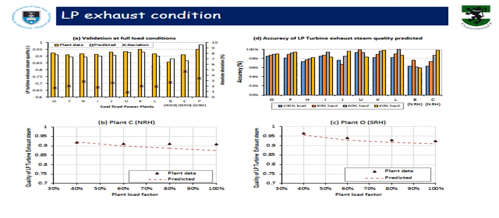Now, when we look at figure D, which talks about the accuracy of the LP turbine exhaust steam quality, when we look at it for all the 11 plants that were looked at, both the non-reheat and the single reheat and double reheat, we can see that for all the different load conditions from 100% to 80% to 60%